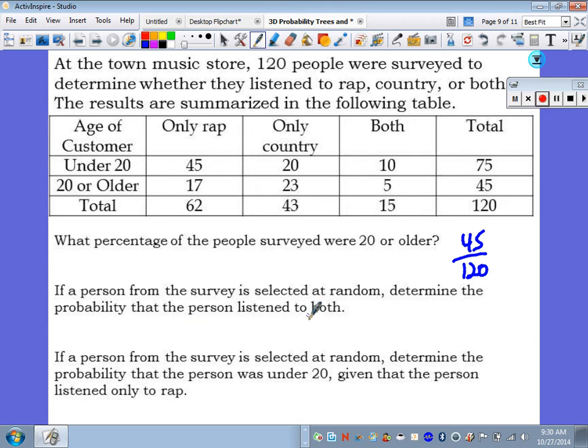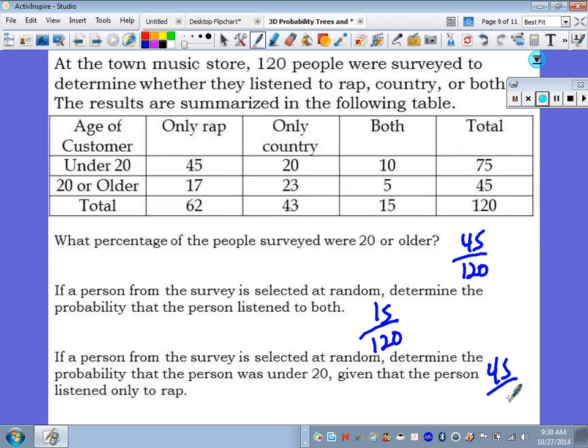Now, here's the probability that someone listened to both. 15 out of 120. Now, this is the given, and you'll see it actually written out with the symbol. But now you want to determine the probability that a person was under 20 here, given that they only listen to rap music. So instead of doing 120, you're going to do it out of 62 because they only wanted rap music. So that's 45 out of,